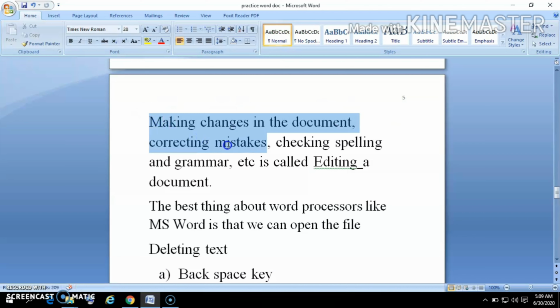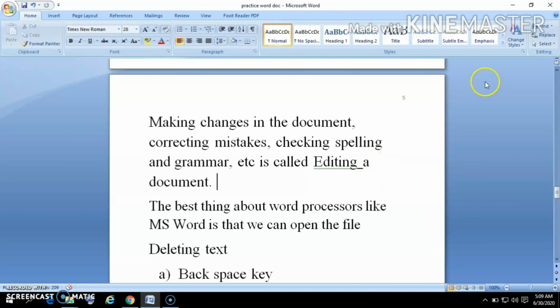Just bring your cursor to the starting point, drag your mouse slightly slanting to the end of the second line. The two lines are selected. So this is how you can drag, left click and select your lines, whichever you need, and several words and lines are selected.